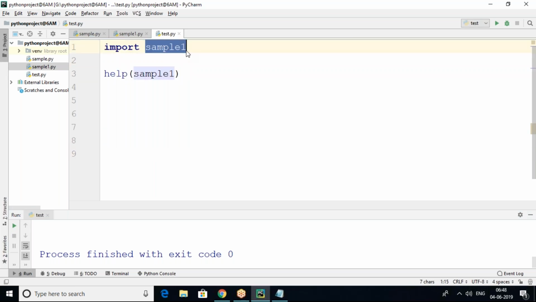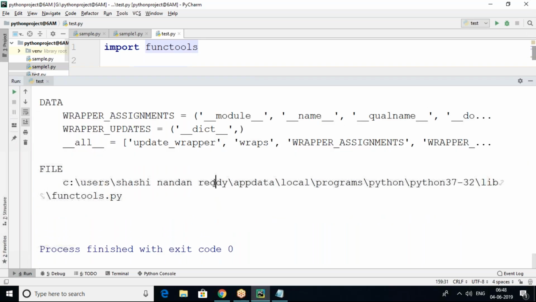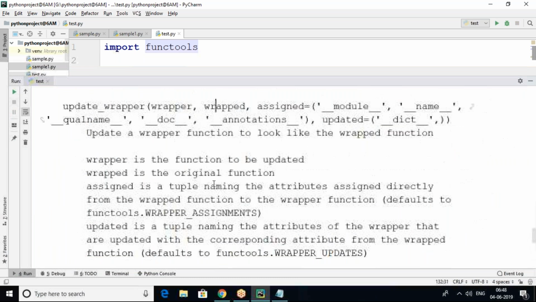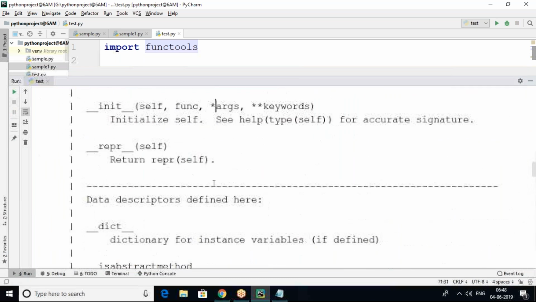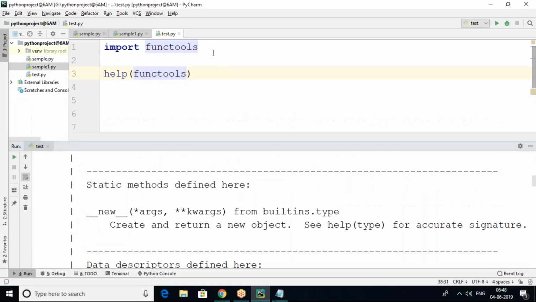For example, I'm importing functools. I want to know the help of functools, then we can get the complete information here. You can see this complete information, what the functools module is, with the description, everything. Not only modules, any other things also. For example, you are working on